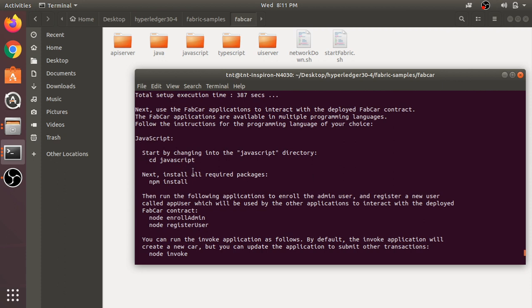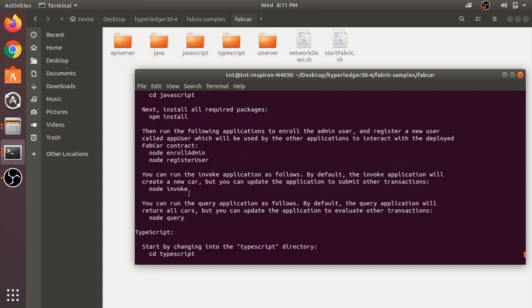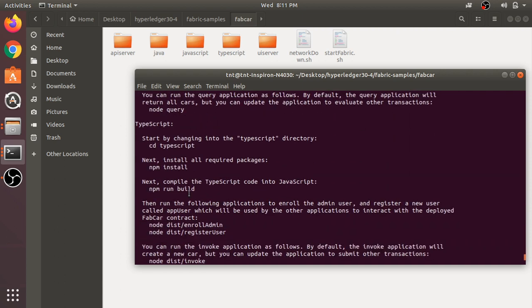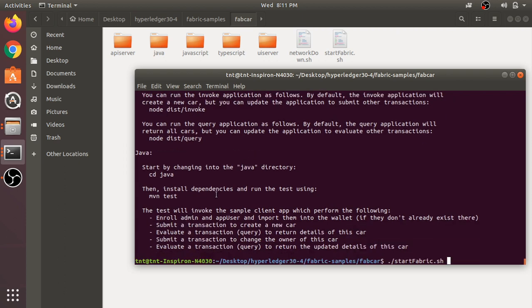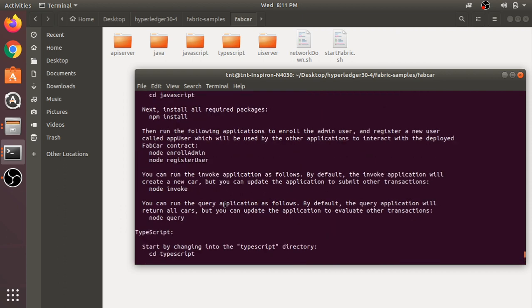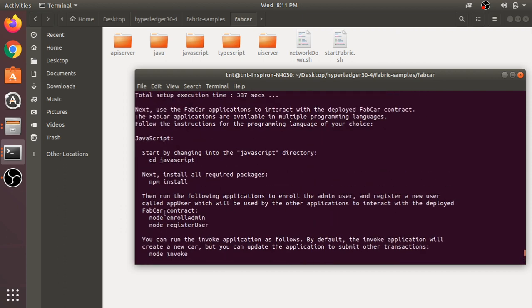If you are using JavaScript, you have to do these steps, if you are using TypeScript, you have to use these steps, and if you are using Java, next you have to do these steps. Since I am using JavaScript, here you can see we are asked to run node enrollAdmin and node registerUser.